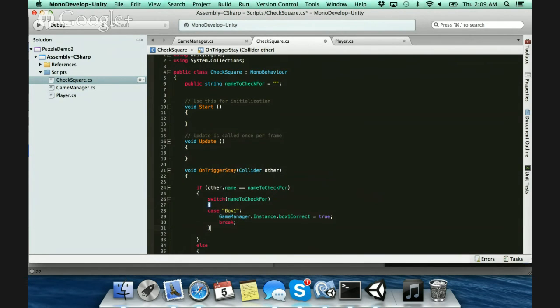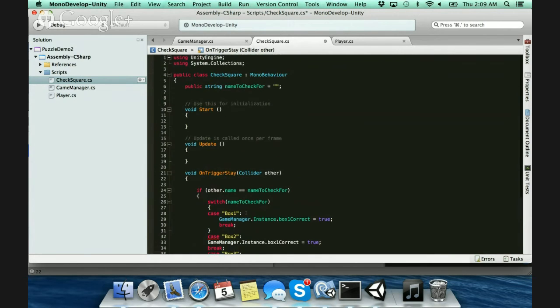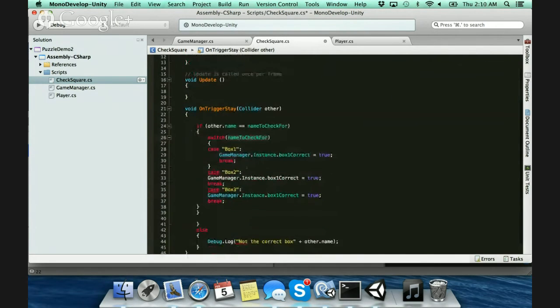I'm going to go ahead and take this, so it's going to be box 2 and box 3. Oh, okay, guys, hold on. It's actually not going to let me do the switch statement on name to check for because it's a variable. It needs to be hard-coded, and actually, I don't think it does. One second. Break. Oh, I'm missing, my bad. I'm missing a...